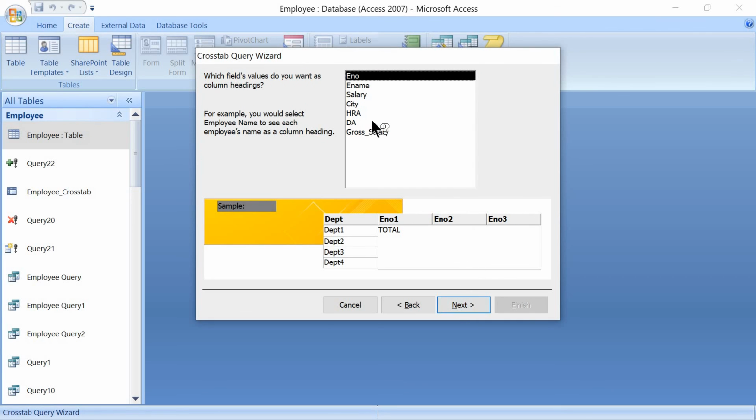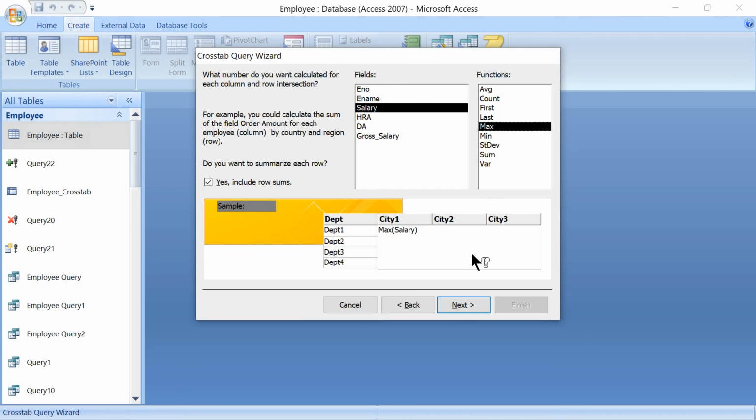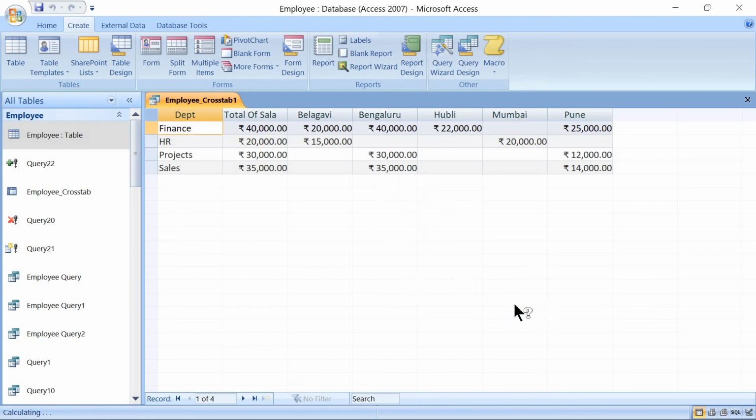Next, we will take for the city for column headings. And here we will see for the maximum salary paid in the respective department, max, salary and max. Then next, finish.